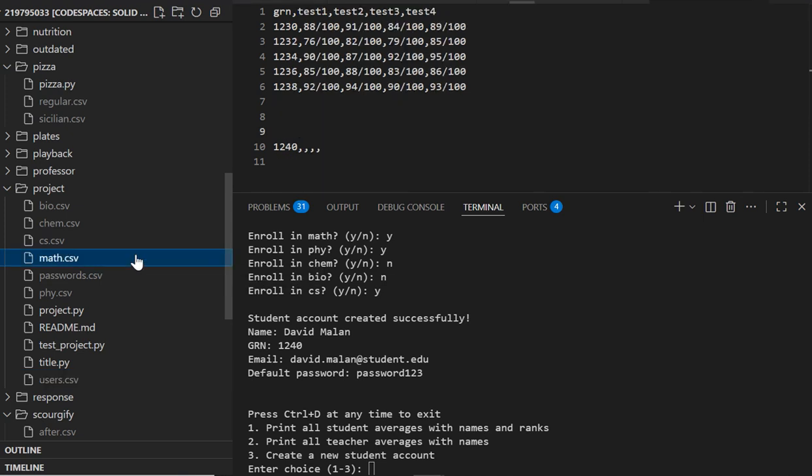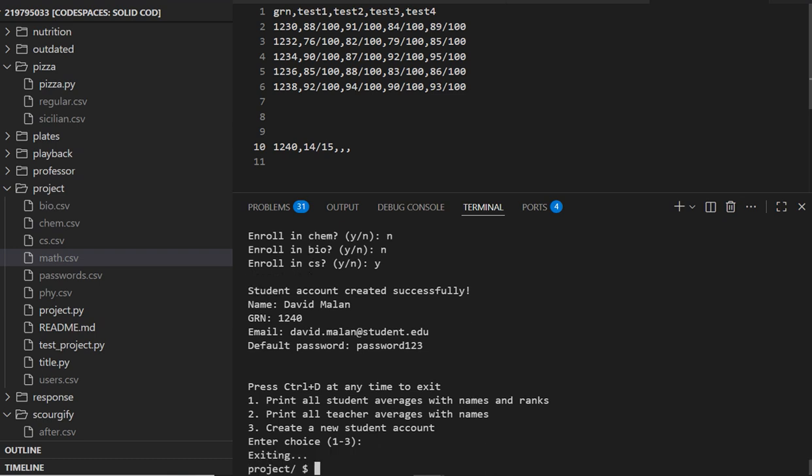And in each of the subjects we've enrolled the student in, the new student has appeared with all of the score fields empty, so that the teacher of the subject with access to the file can enter scores here as a fraction. So this is basically all about my program, and I hope you had as much fun